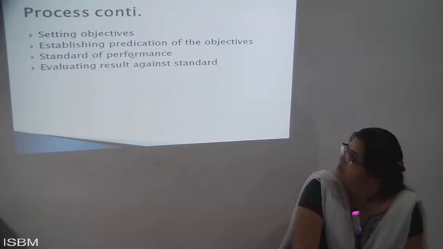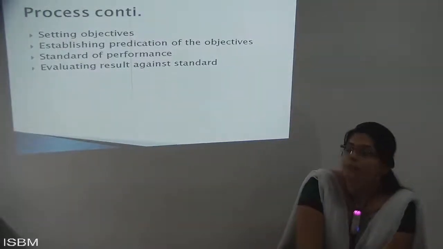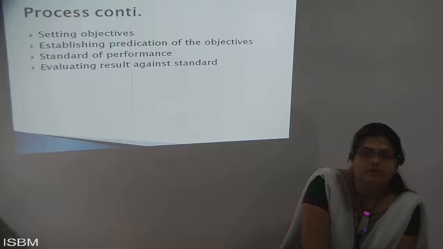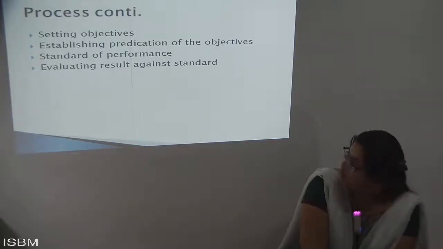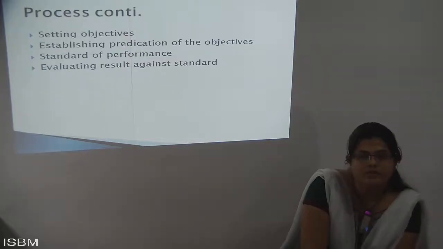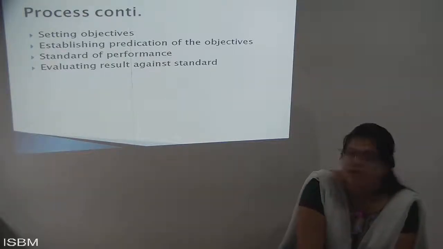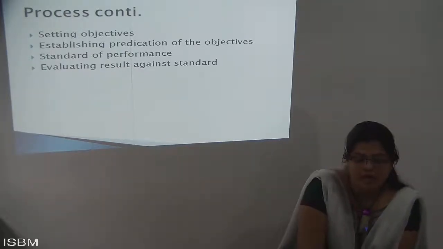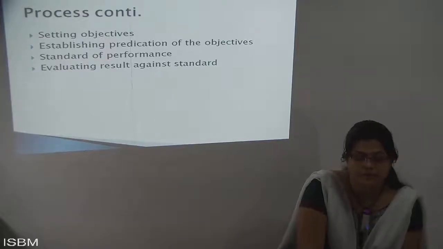So why do we do it with the help of this process? First, you get the objectives done. As you get the objectives, it will be future oriented. Next, you get a certain kind of company image for your organization. You get a certain kind of standard. Then finally, you evaluate the result against the standard. Means whatever answer you are getting, you take the review for that, and then finally the process is wound up.